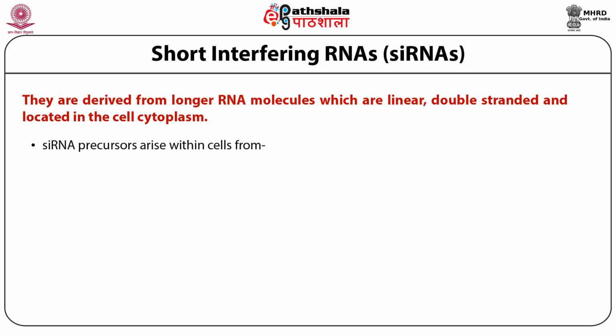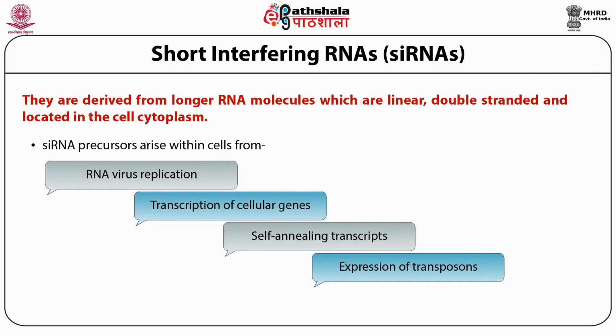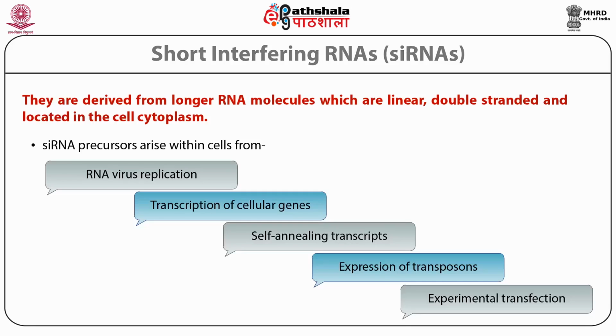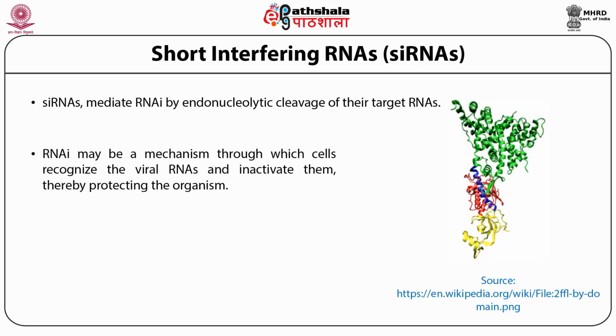These siRNA precursors arise from within the cells from the following sources. They may arise from RNA virus replication, transcription of cellular genes, self-annealing transcripts, expression of transposons, or experimental transfection. siRNAs mediate RNA interference by endonucleolytic cleavage of their target RNAs. RNAi may be a mechanism through which cells recognize viral RNAs and inactivate them, thereby providing the organism with